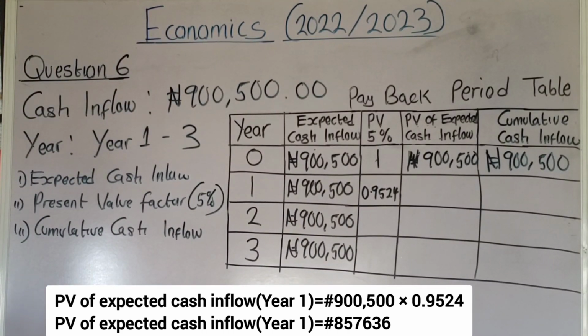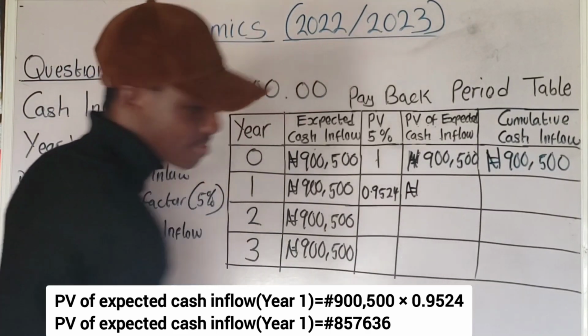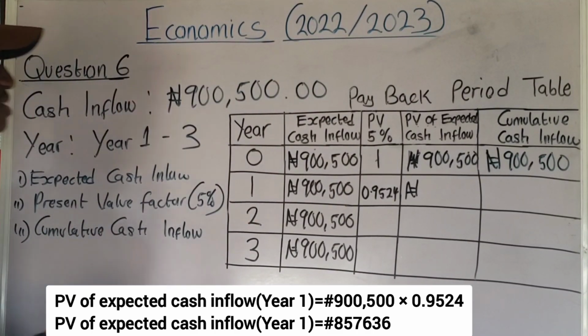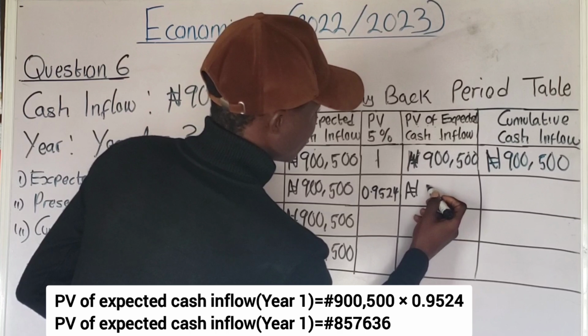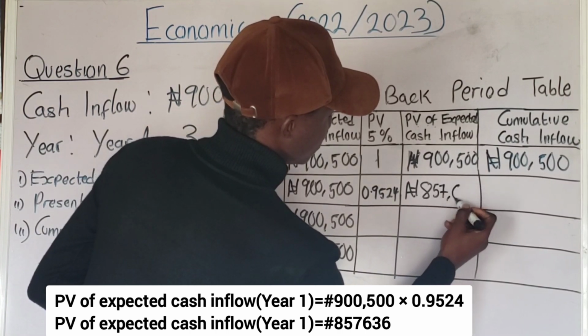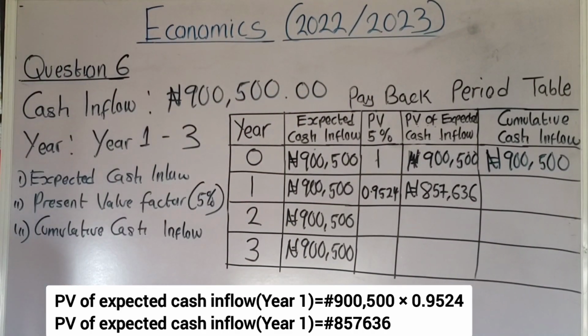So for this, I'm going to have 857,636. Okay, see, please, do you understand how I got